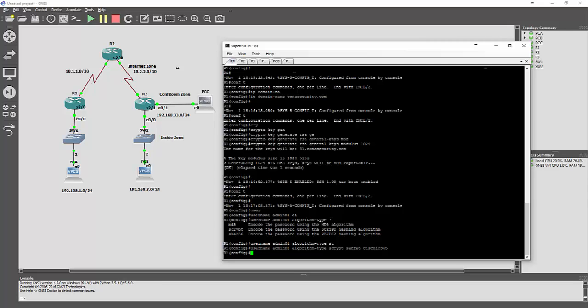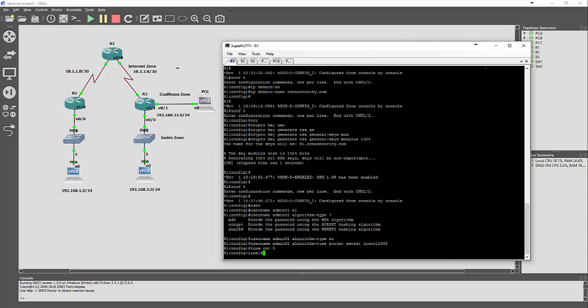So once we've done that, we're going to configure the line console 0 to use the local user database for logins. So by that it means it's going to use the router and its database to query when a user attempts to access the console line. So to do that, we'll do the following. Line con 0. And we'll do a login local,